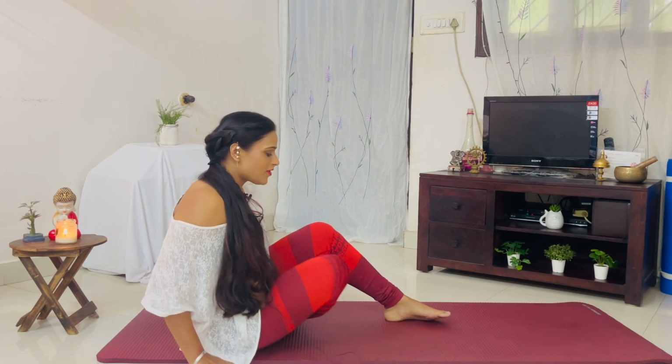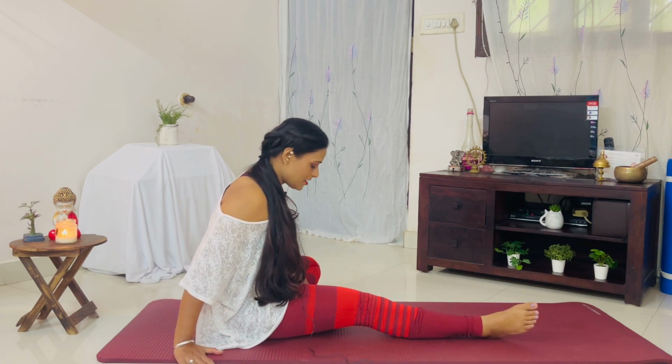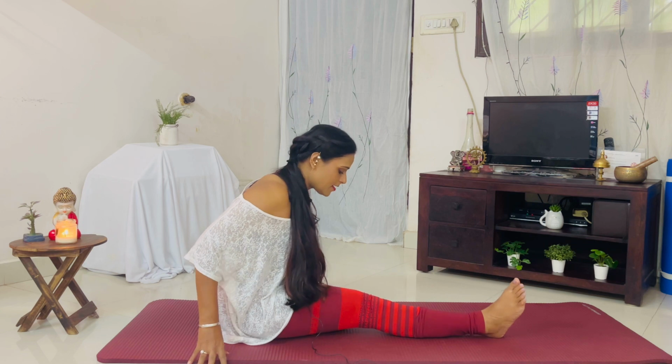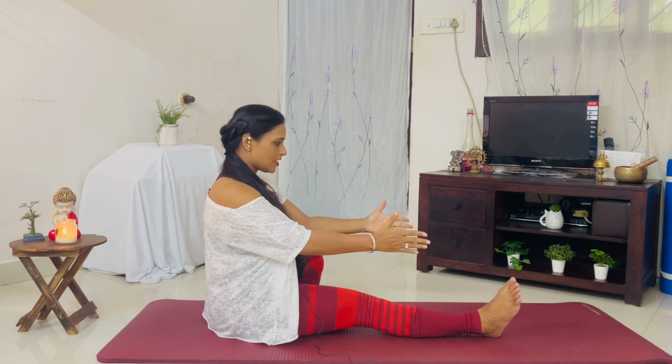Extend your legs in front. Keep the right leg extended. Bend your left leg at the knee. Your sole of the foot touching the inner thigh, inner right thigh. See that your body is not facing the diagonal, the body is facing in front towards your right toes. Inhaling,